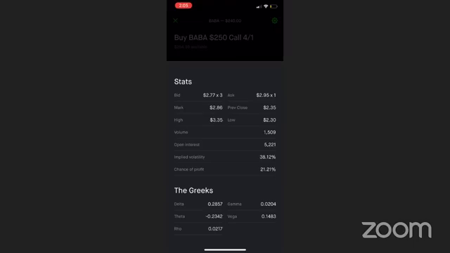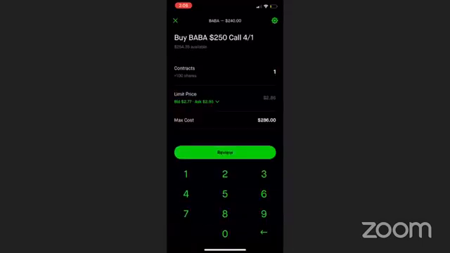Open interest 5,221 versus 539, so 10 times the open interest. Implied volatility dropped from 44% down to 38%. Chance of profit increased significantly from 9% up to 21%. All right. And it has a delta of 0.28, so almost triple, just by dropping 15 points on the